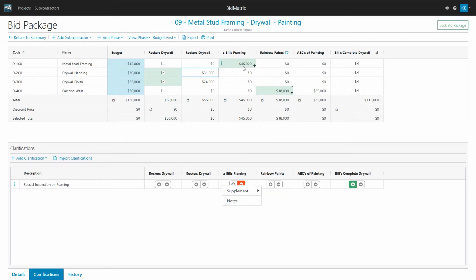Now this just went from 44,000 to 45,000 because of the additional fee I needed to put on it. So if I go back here and look, I could see that division has that much more of an add to it.